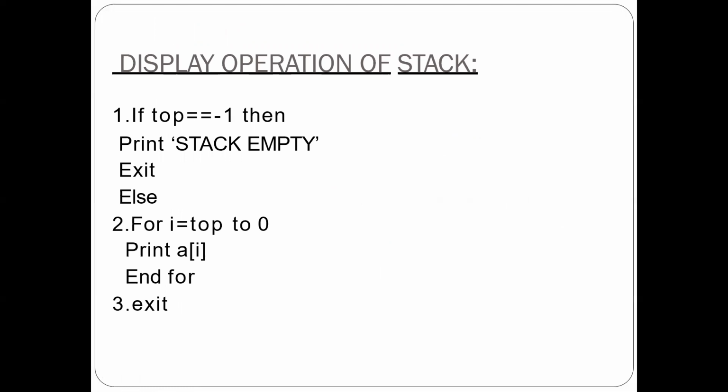And if we want to display this stack here, then just simply check whether the stack is empty or not. If the stack is not empty, then just by using a for loop, we can print the values present in that array here. So while displaying, just display from the top to 0, as only one end is present inside the stack, that is the top end. So while displaying also, display the values from the top to 0, simply by using the for loop. So this is the display operation of the stack whenever we implement it using the array here.